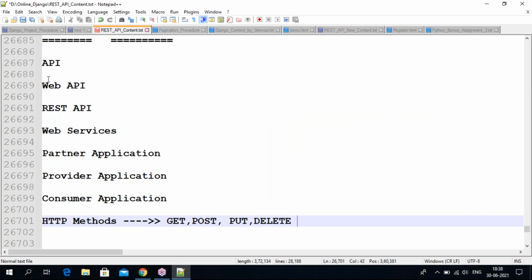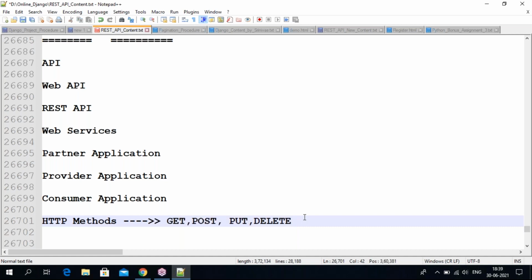If you want to create data, POST method. If you want to get data, GET method. For updating purposes, PUT method. For deleting purposes, DELETE method. We are going to use these regularly in our REST API. As a programming developer, by using the HTTP methods, we are going to communicate with the database via the model.